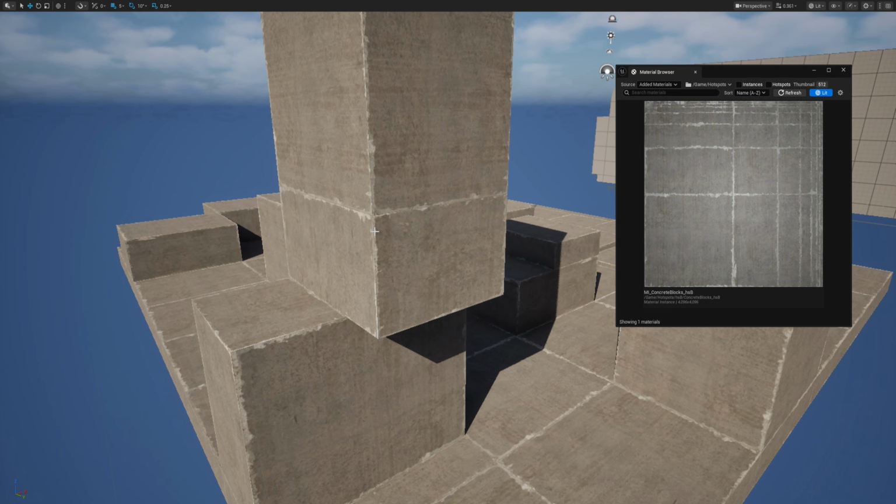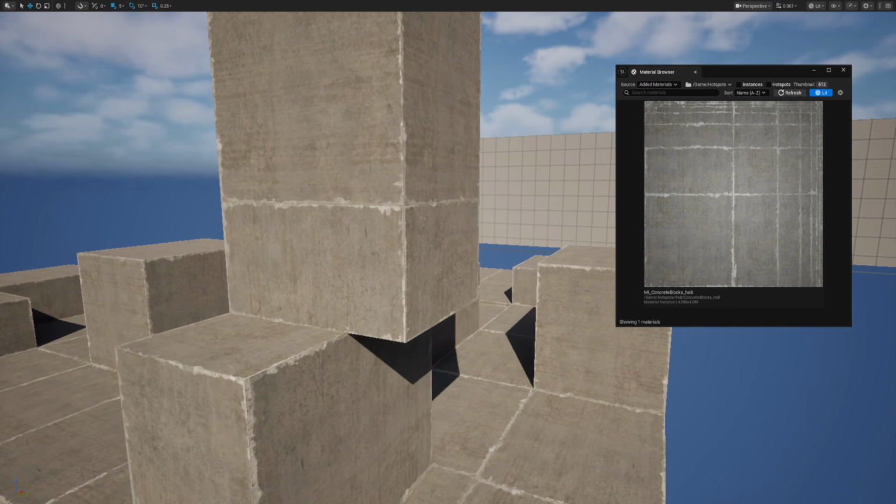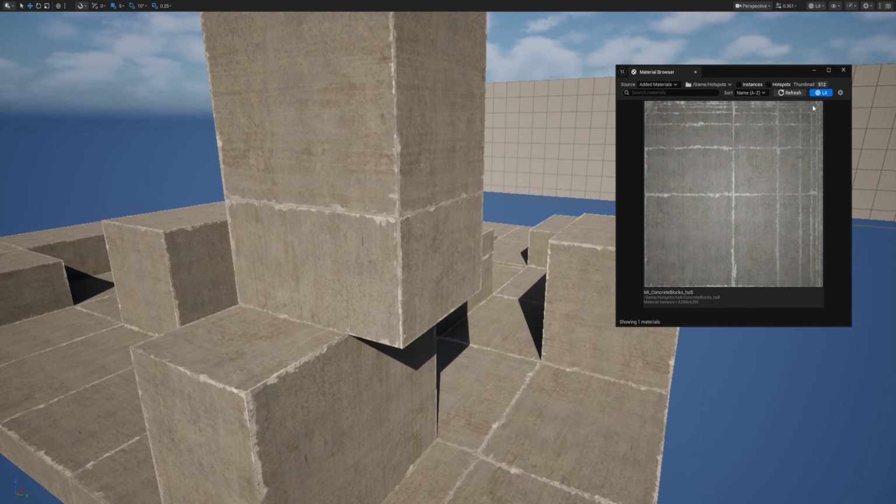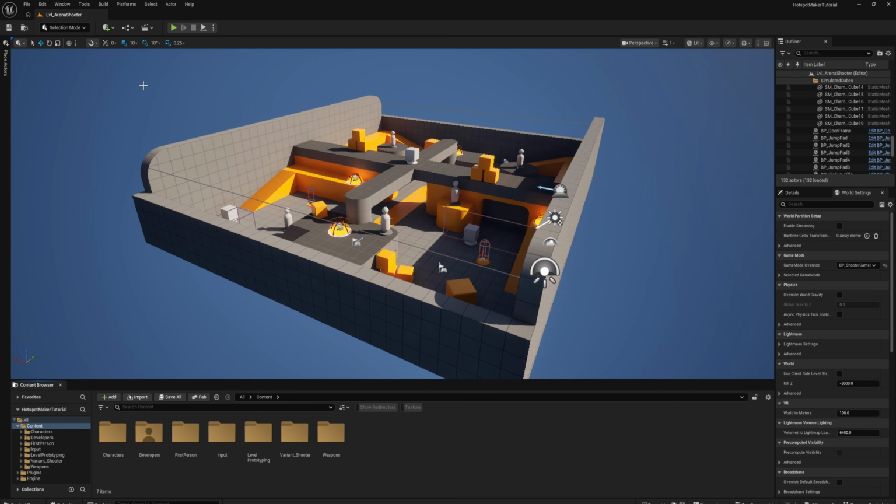Hey, so in this first hotspot texture maker video, we're going to be making this concrete hotspot here, which looks like this. So let's get started. I've created a brand new project using Epic's Arena Shooter template, and the only two plugins